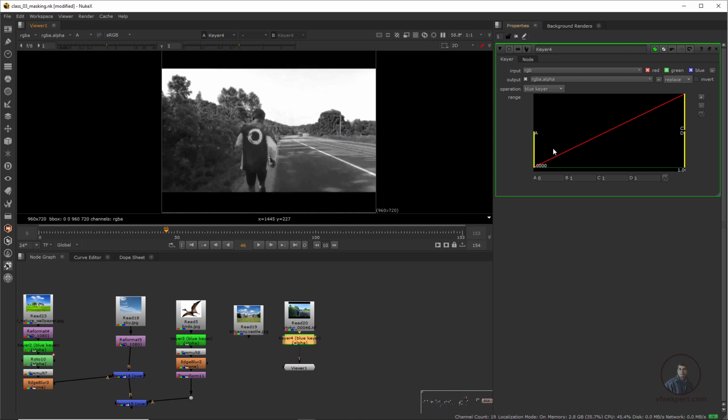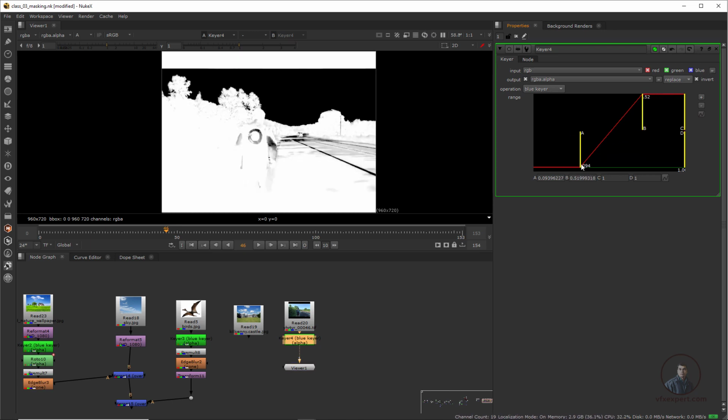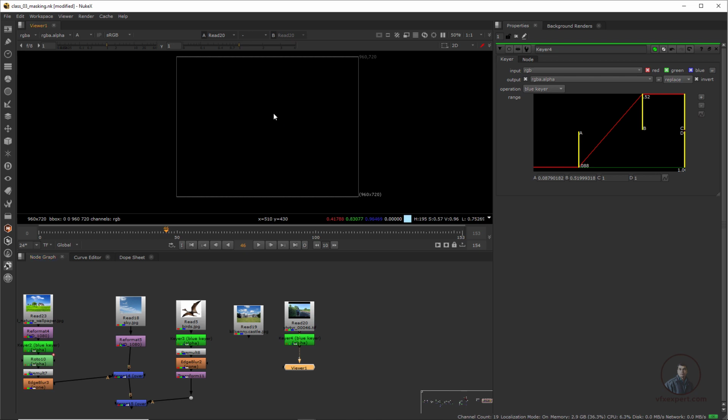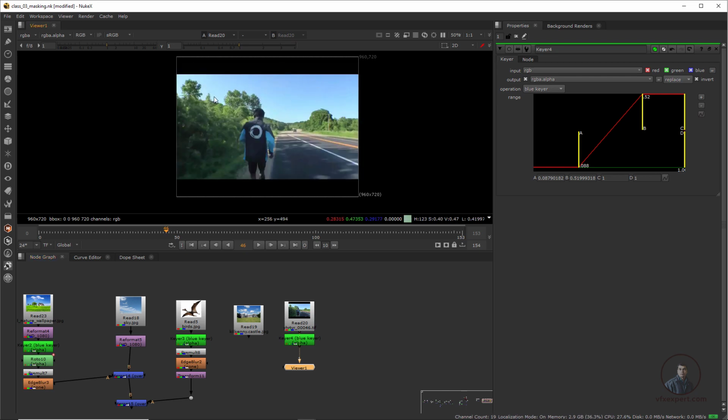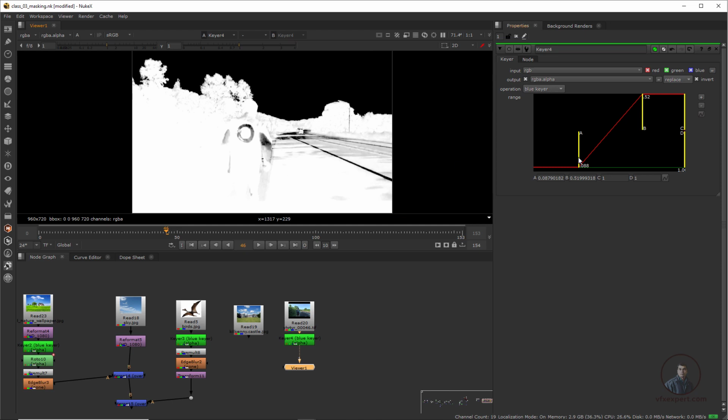Now adjust it here and invert. We only have to focus here because this area is black in our original footage. Now you can check: select this one, press 1 here, and press A again. Now you can see. We only have to focus inside this area. Select this here and press 1, press A for the alpha channel, and we have to adjust these black and white values.